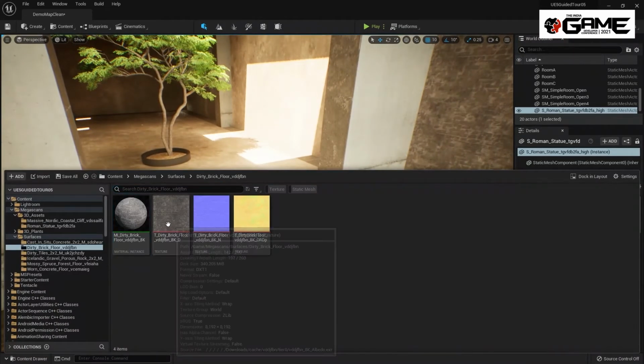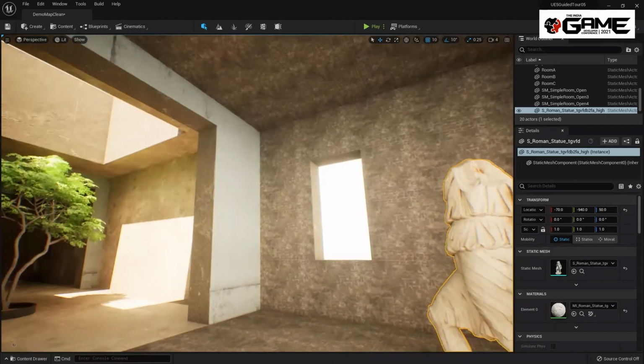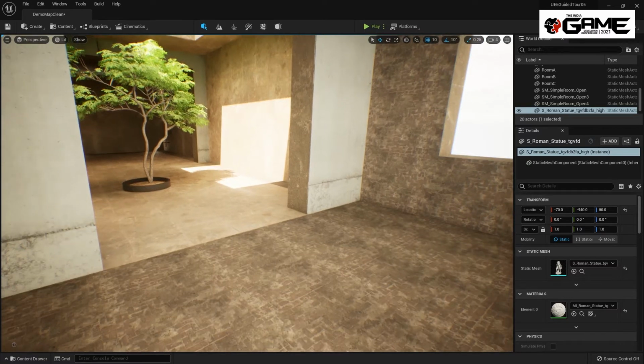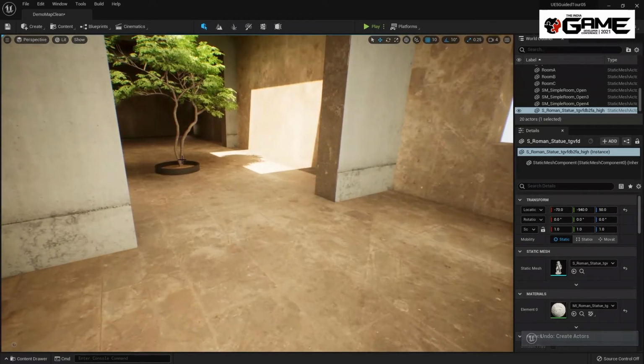In this situation, it's brought in 8K textures. So we can immediately see that we can easily populate our world. We can add stuff without really having to think about it. And this is incredibly useful when you're doing scene blockouts. This is incredibly useful when you're trying to fill in the gaps. And honestly, it's just incredibly useful when you're trying to get something done and you want to focus on the